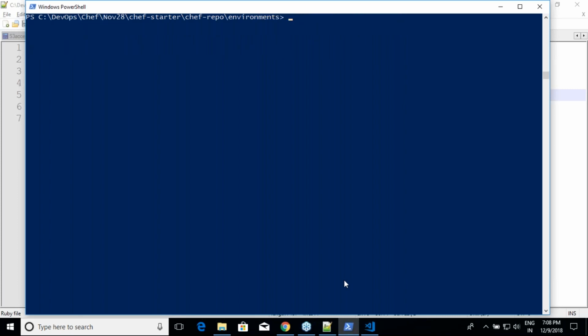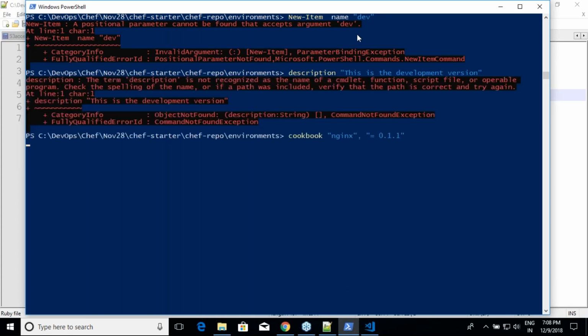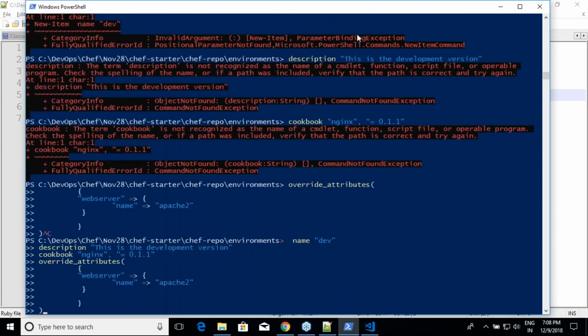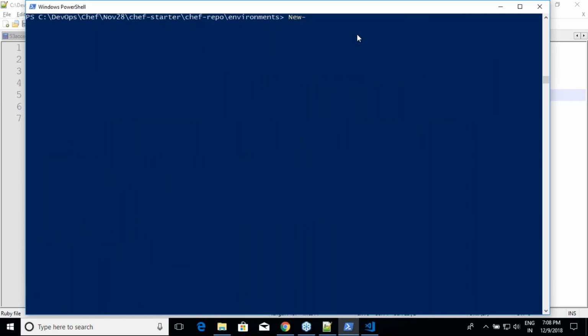And now I want to create a new file. All right. A new file is touch or whatever it is. But if you want to do it in a Windows style, it is New-Item. All right. And what is the file which I want? The first thing which I want to create is New-Item dev.rb.